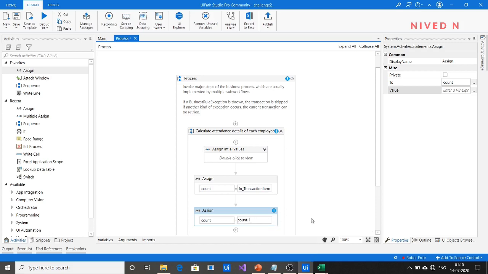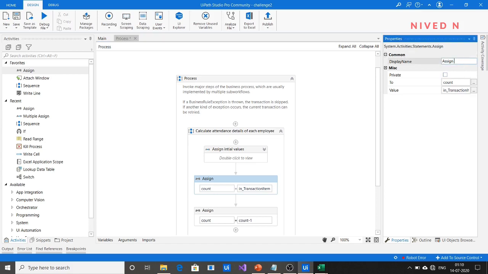Count minus 1, so that you can start from the first column to 11. So assign the number of columns, reducing the value by 1.